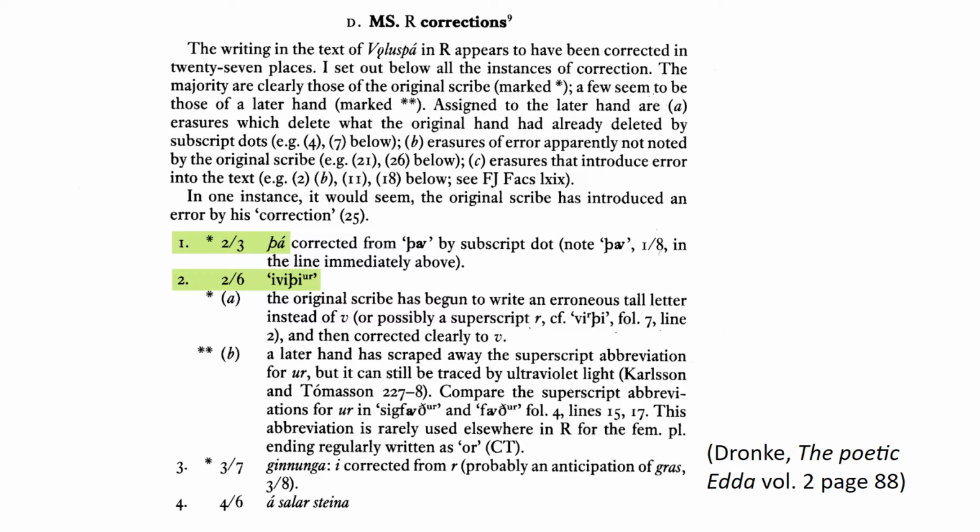In a critical edition, you want to give information as economically as possible, and there are better ways to report a scribal correction. You don't need to send the reader on a treasure hunt through the book. A detailed comment, like the one on Ividhiur, which talks about detecting a correction with the help of ultraviolet light, does deserve a place in a commentary. But the others shown here could have been dealt with in the apparatus. Later on, we'll see some more economical ways of doing this.